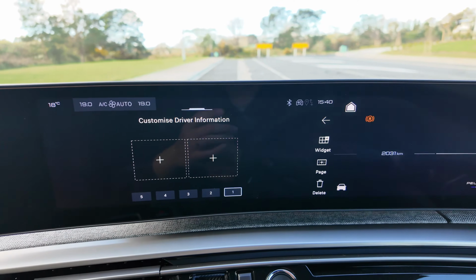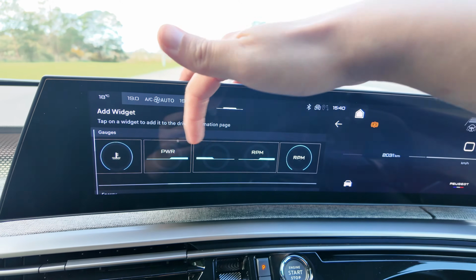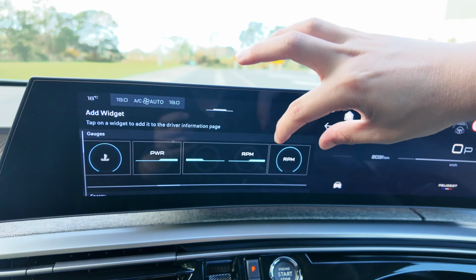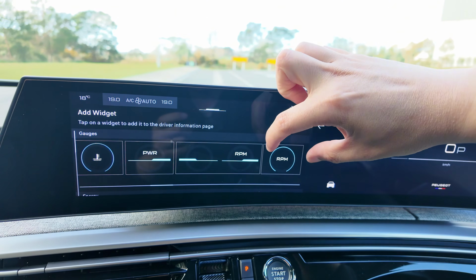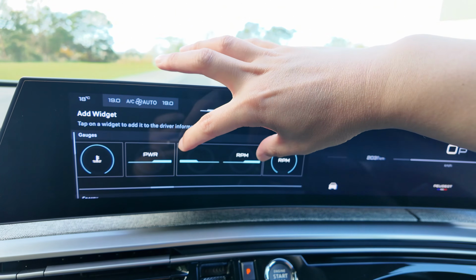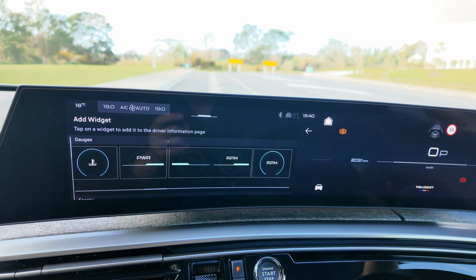But if you choose to add anything on the left or on the right, you can click the plus icon. When you do the plus icon, you also see all the information. You can see longer ones and shorter ones. The smaller ones mean you can do one for the right and one for the left. But if you do a longer one, which takes up the whole place, that's going to show just one across the